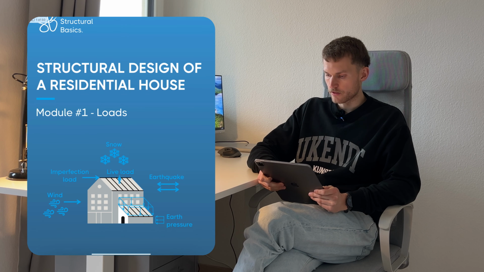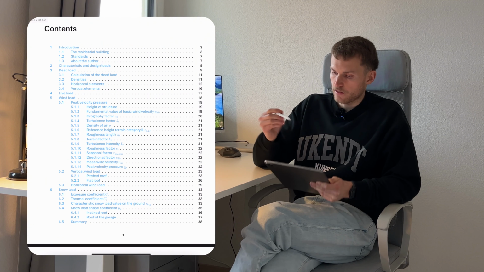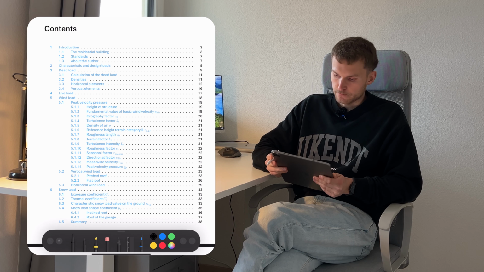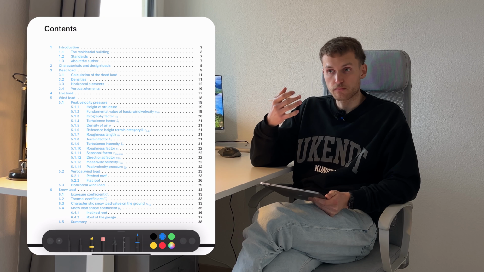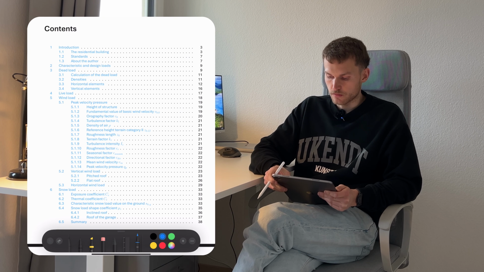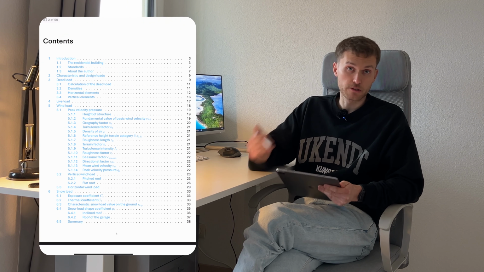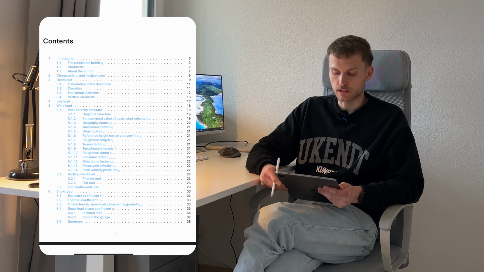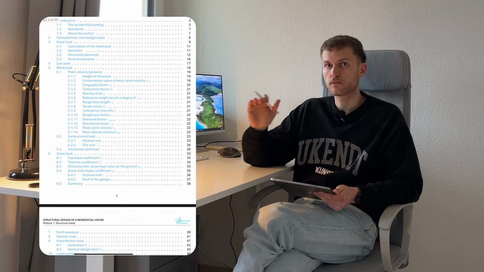First of all, it's the cover page, and let's have a look at the table of contents. And let me just make some markups so you can actually see what I'm talking about. First of all, we have an introduction, what residential building we're calculating the loads for, and which standards we're using, some info about myself. And then what characteristic loads are, what design loads are, and then we're jumping right into it, like what the dead load is, how we calculate it for the whole building, for all floors,